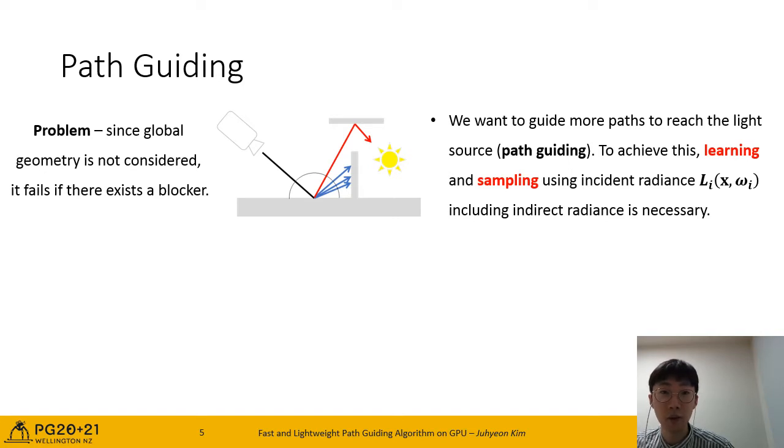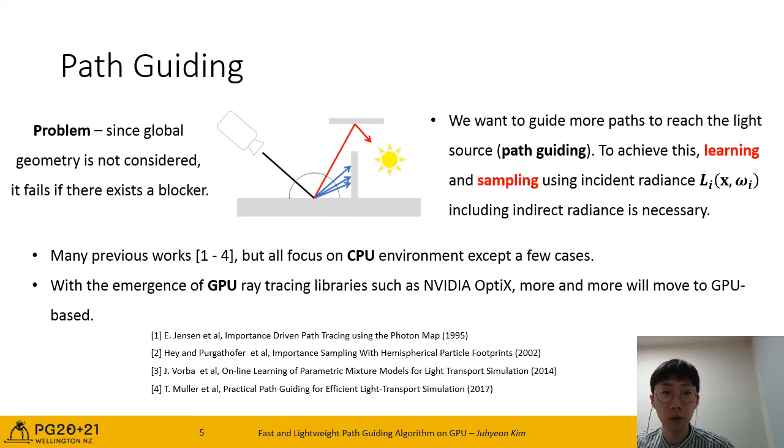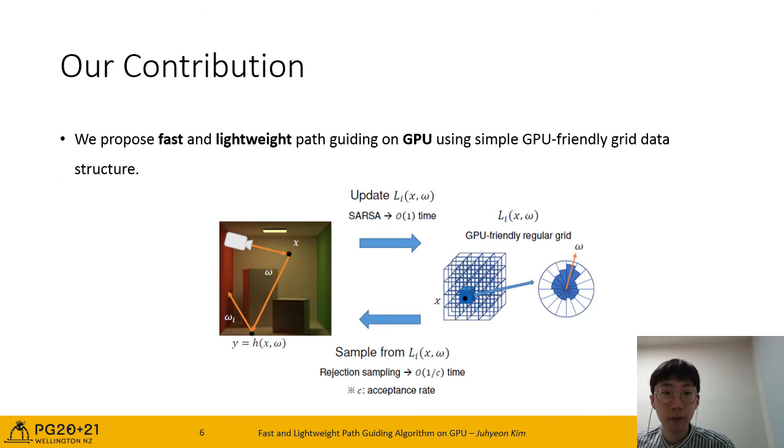To achieve this, we have to learn and sample using the incident radiance term. There are many previous works that had dealt with path guiding with sophisticated data structures, but all of them focused on CPU environment except a few cases. However, with the emergence of GPU ray tracing libraries such as NVIDIA OptiX, more and more rendering applications will shift to GPU-based. In this paper, we propose a fast and lightweight path guiding algorithm on GPU using a simple GPU-friendly grid data